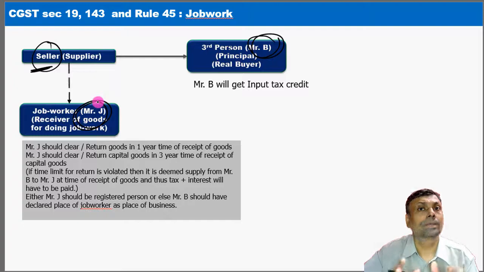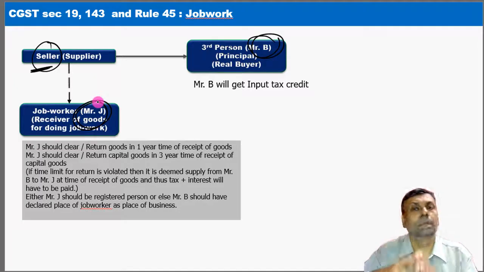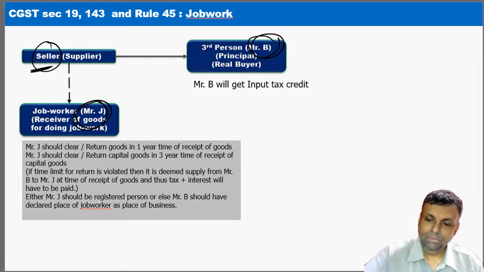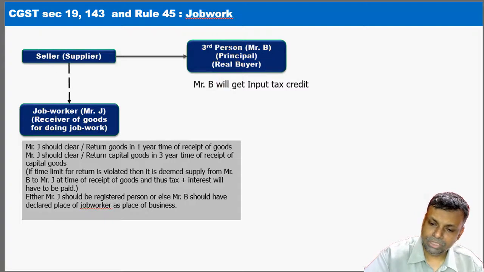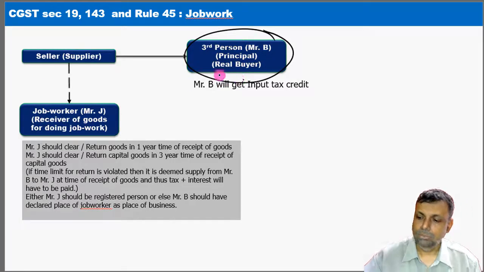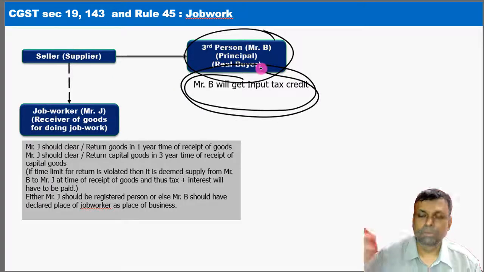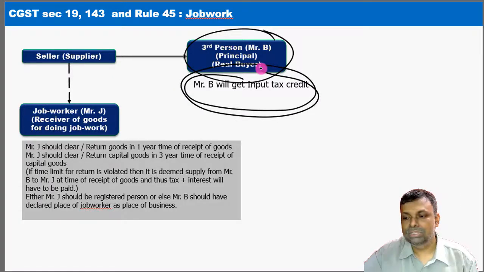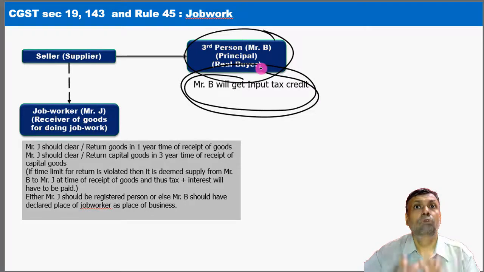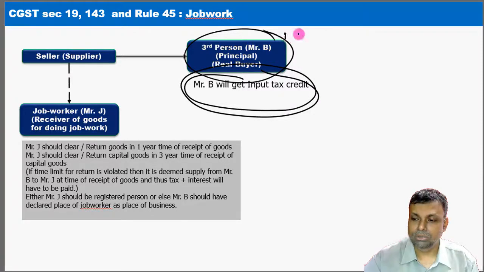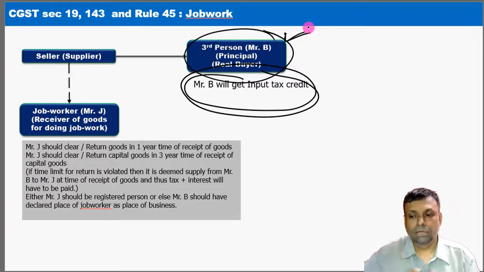However, it has to be supported by the appropriate documents. That means there should be an appropriate e-way bill, appropriate invoices, documentary things. All those things should be in order. In other words, in this situation, ultimately the real buyer, the real purchaser, as I understand, is Mr. B. So real input tax credit will be available to Mr. B only, because the real purchaser is Mr. B. The place of supply in this situation will also be regarded as that of Mr. B, because he is the real buyer. So in other words, it is a real transaction between seller and buyer.